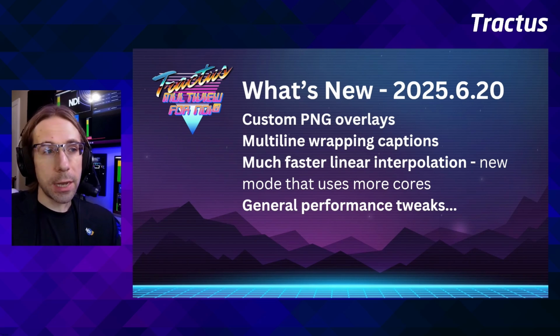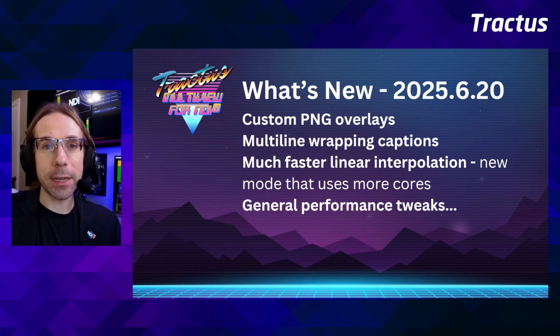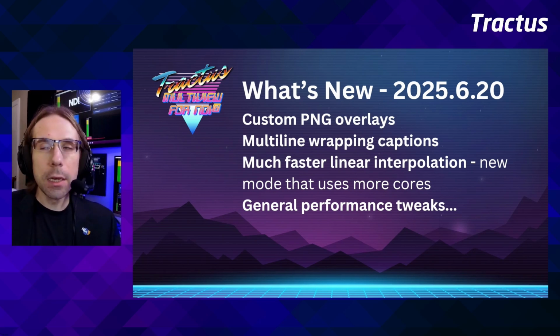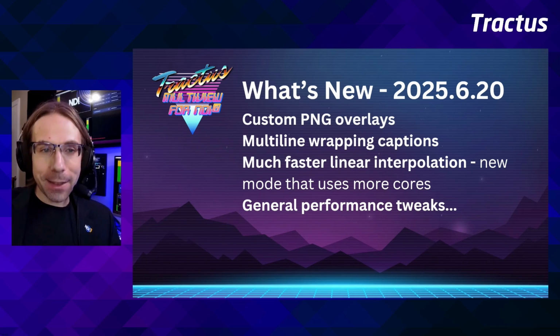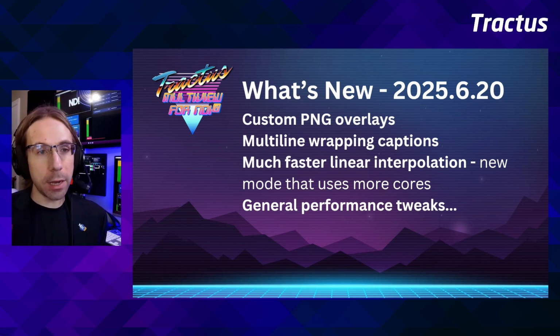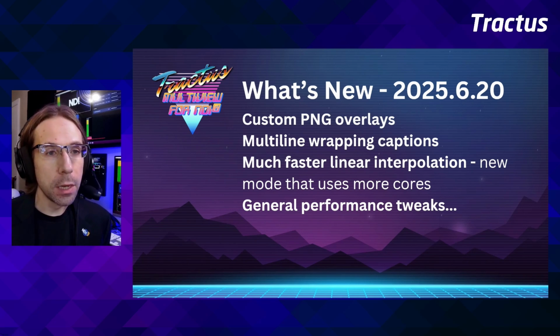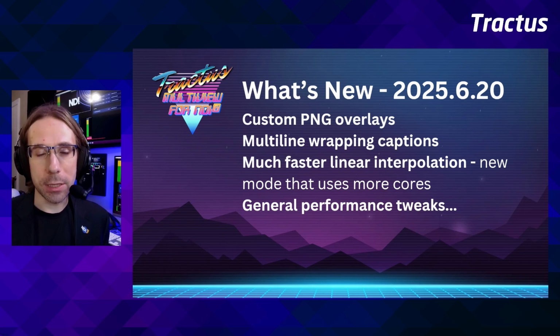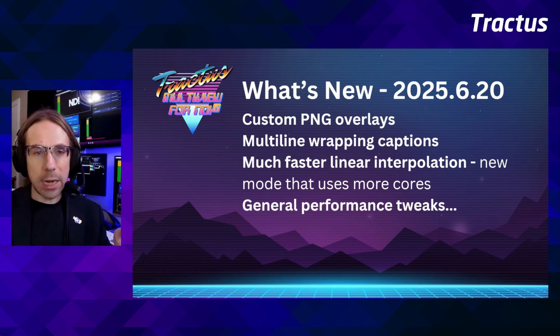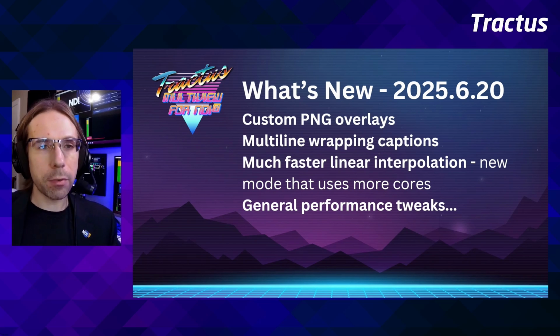Other new features: PNG overlays, yes, including alpha transparency. If you've seen any of the screenshots I posted with the "I am a PNG from heck", that is what I've been testing. We can now take a PNG, upload it, and render it wherever you want on your surface. We've also got new multi-line captions. So if you want captions that are centered, run multiple lines, and have a fixed width, that's in there now. That was a request from a user, so I got that implemented.